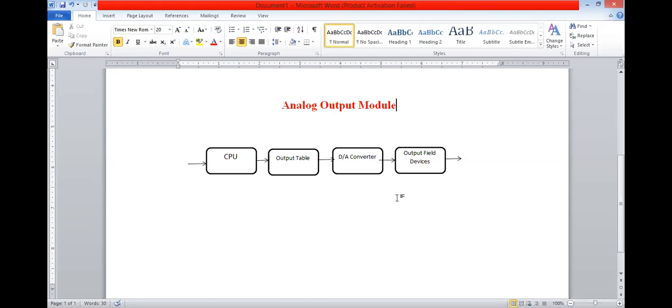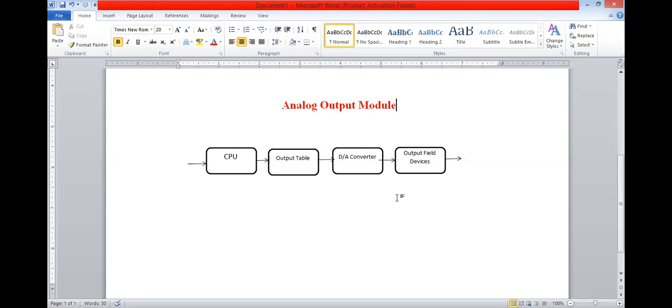So for example, suppose a DC motor is there. If the speed of the DC motor is to be varied, then what do we have to do? We have to change the voltage value or the current value which is supplied to the DC motor. So if we have to change the speed, then obviously we have to change the RPM. And suppose that DC motor has an RPM of around 100 RPM to 300 RPM. So the voltage of an output module will range from 0 volt to 10 volt DC, which will represent the specific speed of the motor.